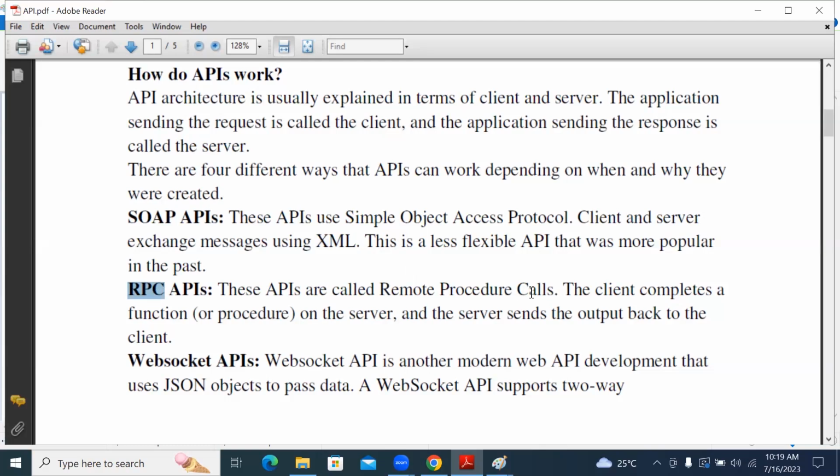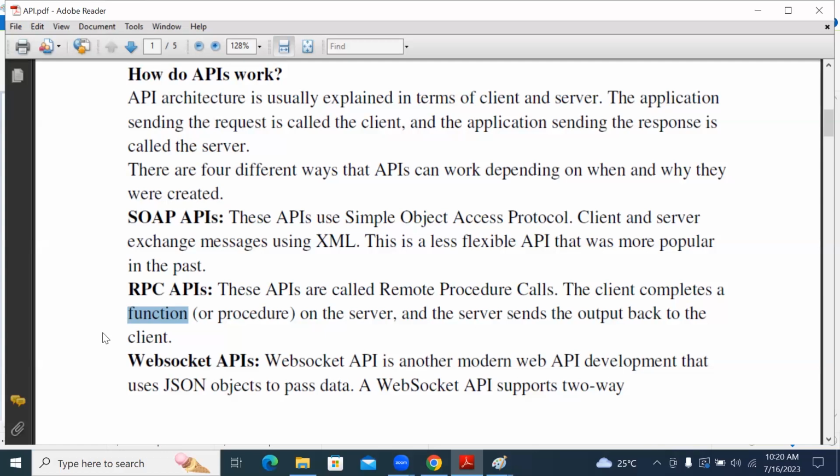This works with the help of a function: the request is sent and the response is received with the help of the respective function.